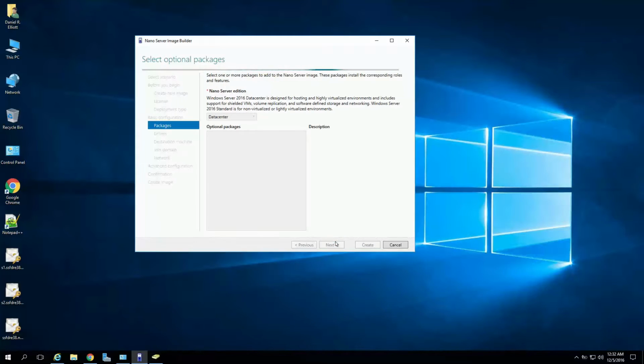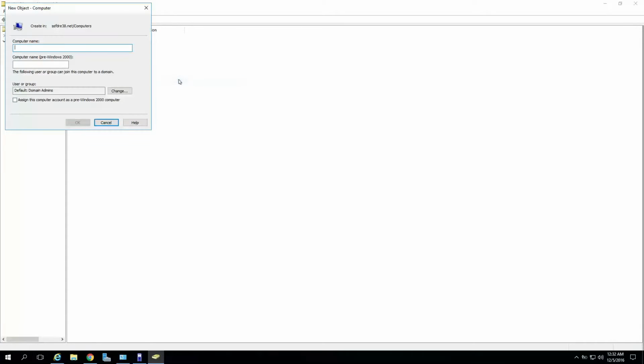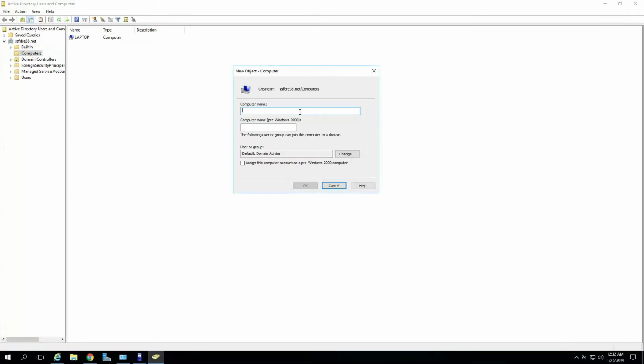So as you see, it is going through. It's going to check all the packages and everything. Now, what you want to do, if you have Active Directory or Domain Services set up with your DNS and all that, is go to your Active Directory Users and Computers, and set up a new computer. And then you type in what you want your computer name to be. So for this one, I'm just going to type in Nano,